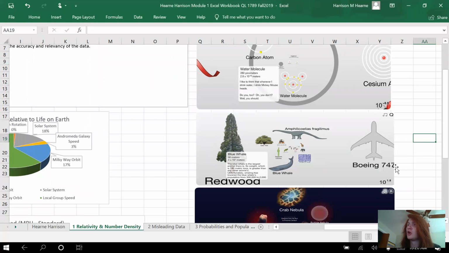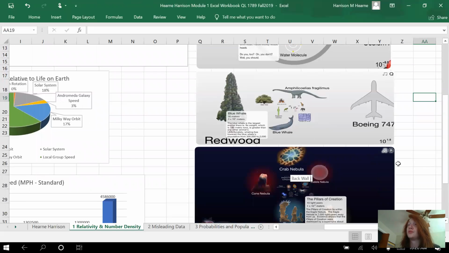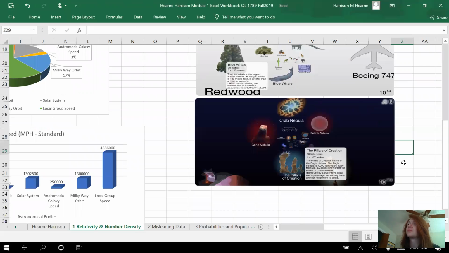And then going up a bit, up to a blue whale, which is one of my favorite animals, which is why I picked it. A blue whale is 30 meters, so that would be 3 times 10 to the first. It's also the largest animal to have ever existed, which is pretty interesting, that the largest animal to ever exist is currently alive today. And then getting up into astronomical bodies, I used the Pillars of Creation as an example